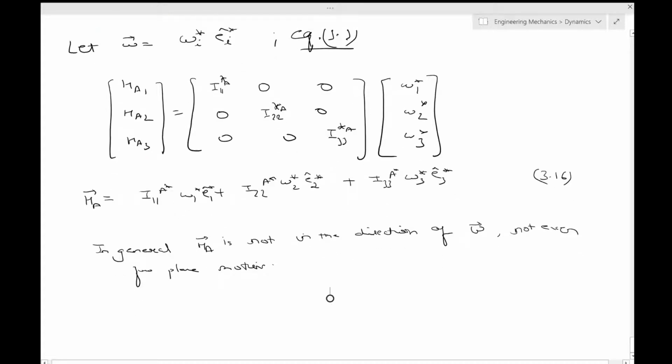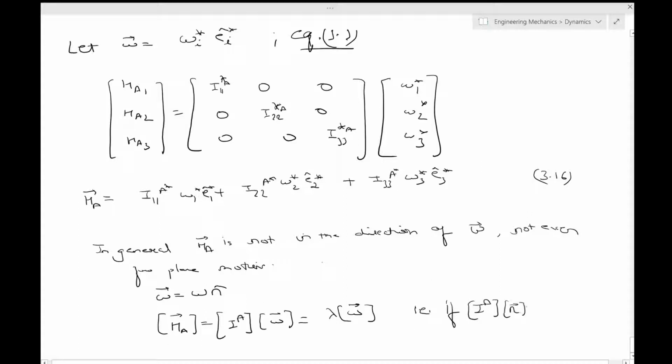It will be in the direction of omega if, say, HA is the generic one, omega, and over here you have lambda omega. So then clearly HA is in the direction of omega. Okay, so in this case, if IA